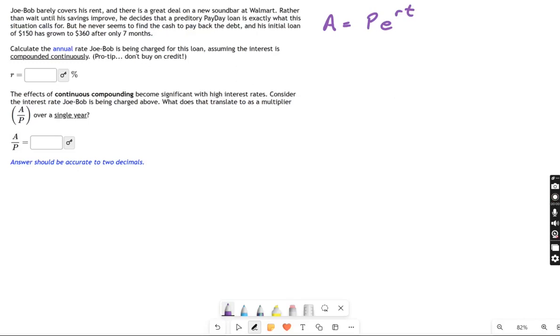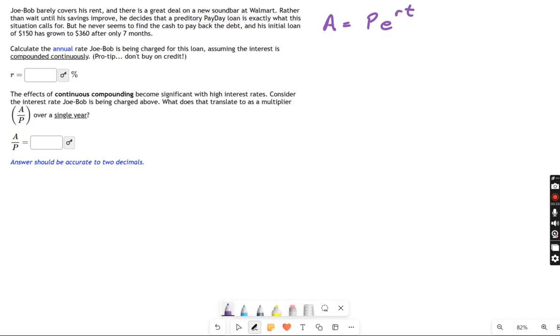All right. Joe Bob, our lovable and incompetent math friend here, has made some poor life choices and has decided to use loans to pay for his toys because he doesn't have the money. And he can't wait until he earns the money, so he just takes out a loan. And when you find yourself in this situation someday, maybe your thing that you're paying for is better than Joe Bob's, but you might hear of this thing called a payday loan.